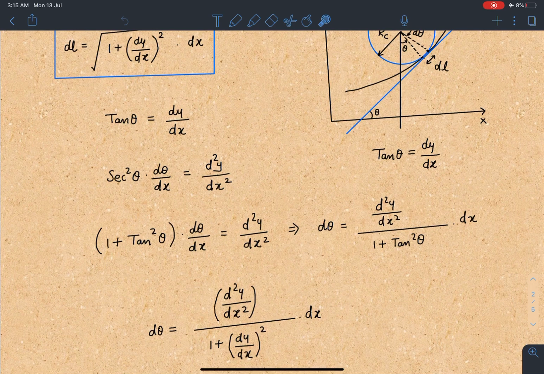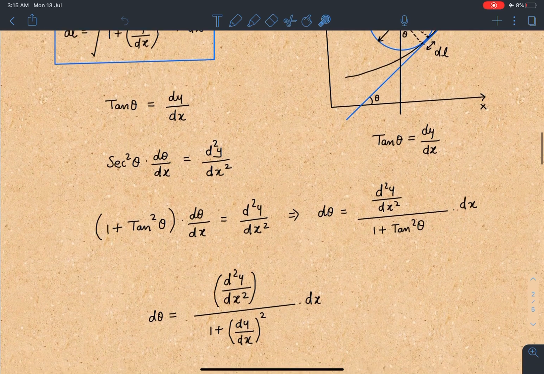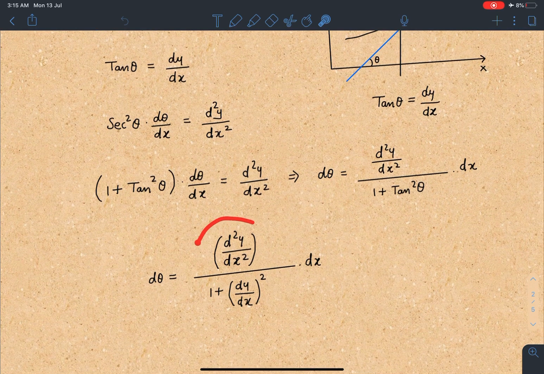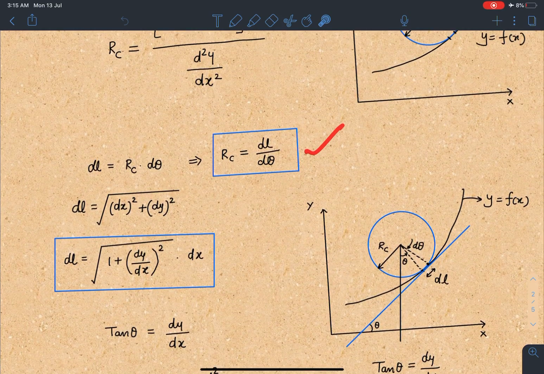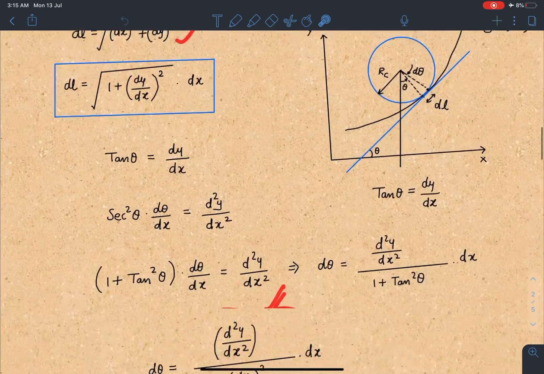Further, if I rearrange these terms, I will get the value of d theta here, and that d theta is d2y by dx square divided by 1 plus tan square theta times dx. This tan theta I can write as dy by dx whole square. So this is going to be the expression of d theta. Now if I substitute this expression in the first equation, where dl value is known to me, then I'm going to get